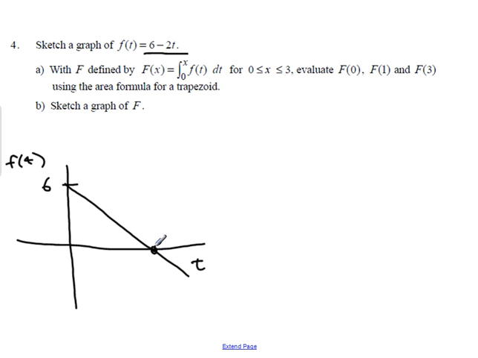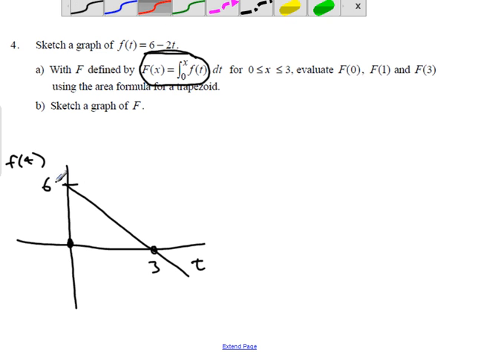So this then would be the point 3. And it says with f defined by f of x equals the definite integral from 0, so starting our measurement at 0, to x of this function that I just drew, little f of t,